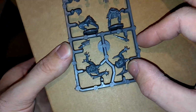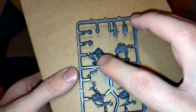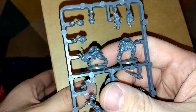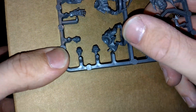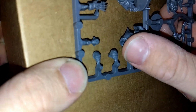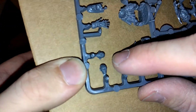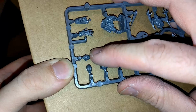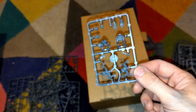But yeah, the torsos are very much default, just bare hands. I think you kind of put those bits over. And then the legs are one sort of standing up and one kind of crouching over. Head-wise, this guy here kind of looks like he's a bit of a vampire himself. He's got kind of pointy ears. This one's more of a zombified look, and then this one is also getting a zombie look. So, not much to look at there. But you get a bunch of those. You get in total...